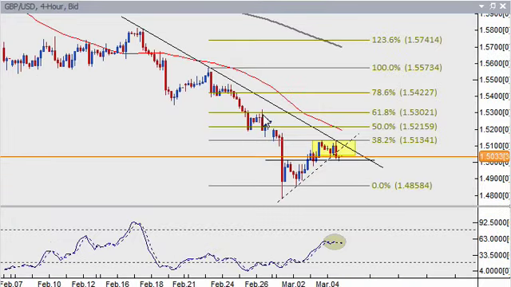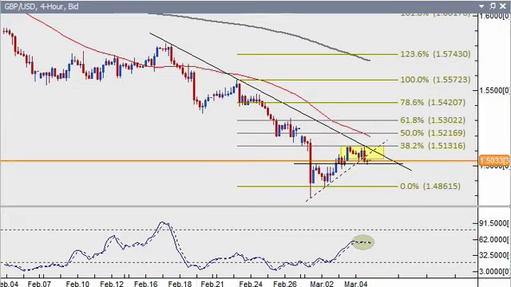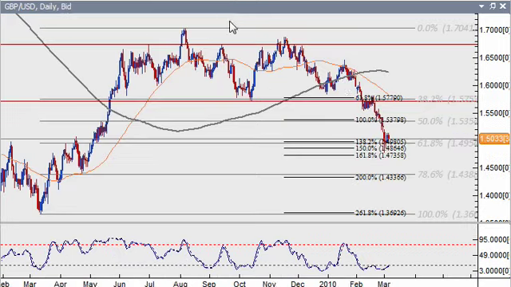Here's the pound dollar pair, which has been very bearish for a while now. As you can see here with the moving average, the intermediate is under the long-term moving average. In the daily, we had that crossover here at the start of February, and now by start of March we already had a couple of swings. So the market here has paused at the 150% extended projection of this previous swing, which is also near the 61.8% retracement. So 1.50 right now is an important area, and if it holds up,